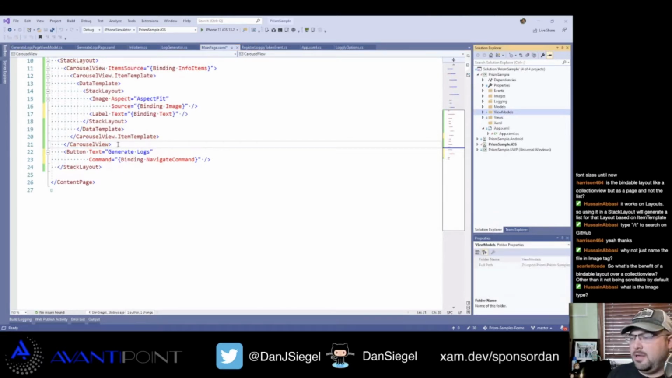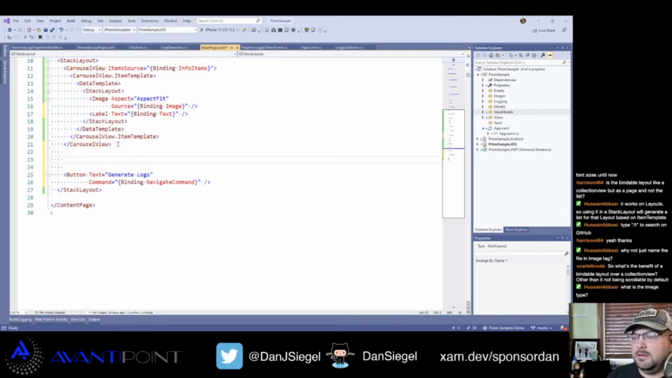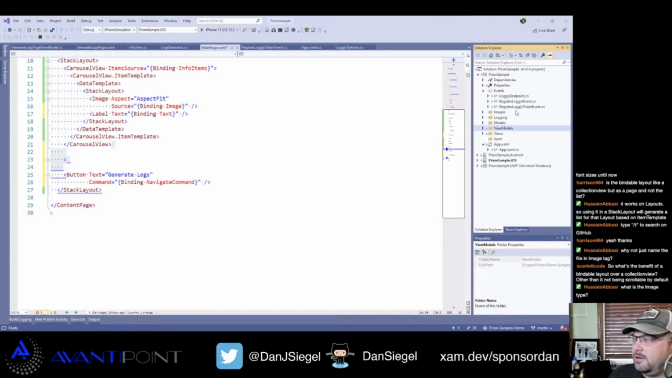So there are a couple other things we need to do. We have our generate logs, but then I also need, if you remember, what was it? Just trying to think how to explain what I'm trying to do. We had our two events, remember, our register logger event and our register Loggly token event. So we need to do that somehow here. I think what we'll do